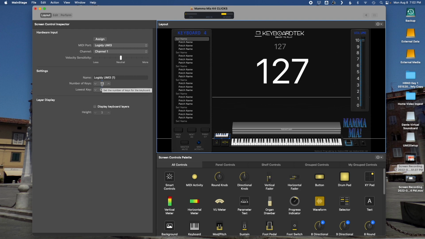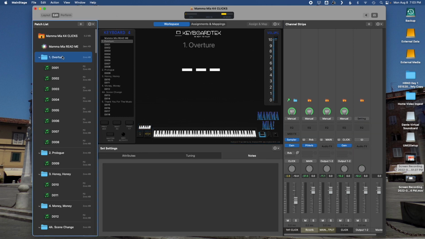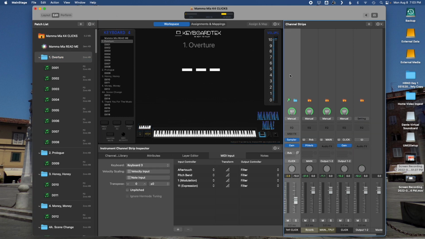The lowest number of keys you can set is unfortunately 13. You can't just have 3 to correspond to your 3 notes on your Logitech UMI 3. So turn off display layers, make it as small as you can, and tuck it somewhere where it's out of the way. Now if we go back into Edit, first let's go back to Overture, go back to the channel